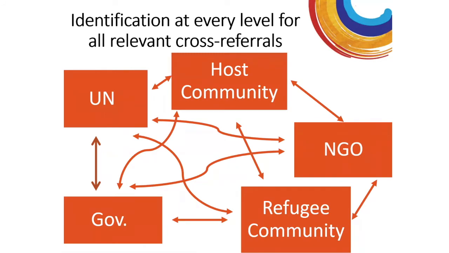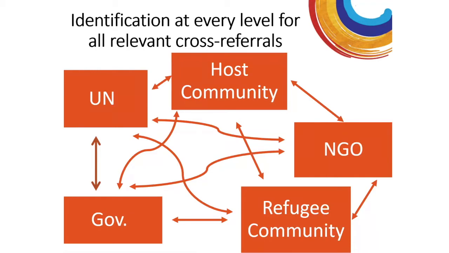In an ideal scenario, we want everyone connected to everyone else. We want everyone to have the capacity to recognize protection needs, vulnerabilities, and risks. We want multiple entry points for persons in need of protection. We want improved access to protection and services. Such systems of identification and referral mechanisms require that we know the population and know our partners, so that we can provide targeted support based on actual needs.